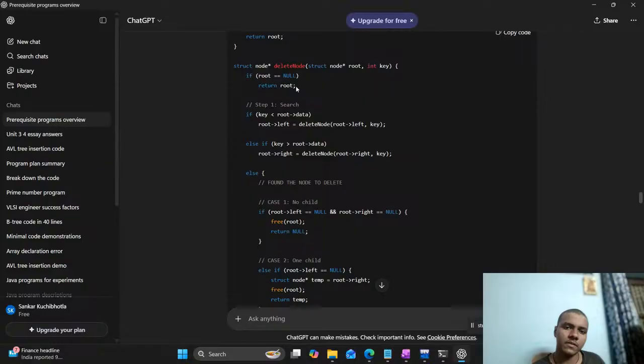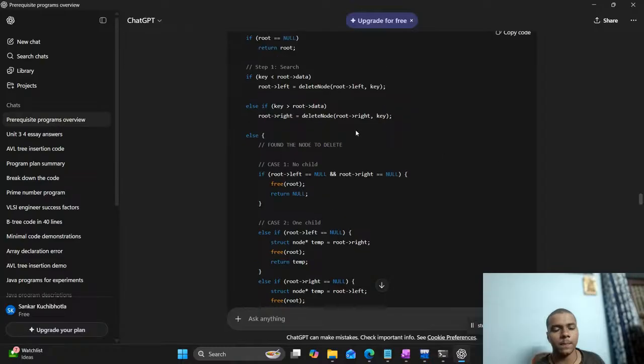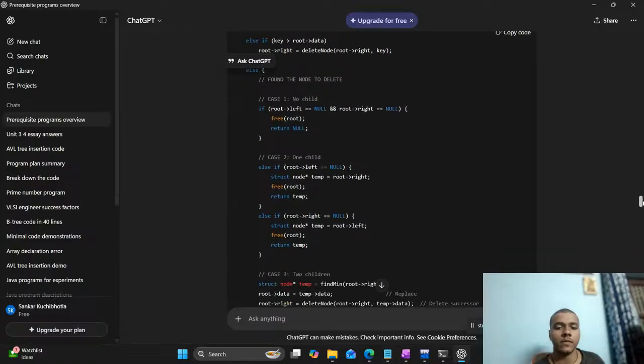Obviously, this is the base case. If there is no root, you will return the root. Then it will go to the insert function and it will create it. So first you will search it. Write everything in the else part. Since you are not returning anything,